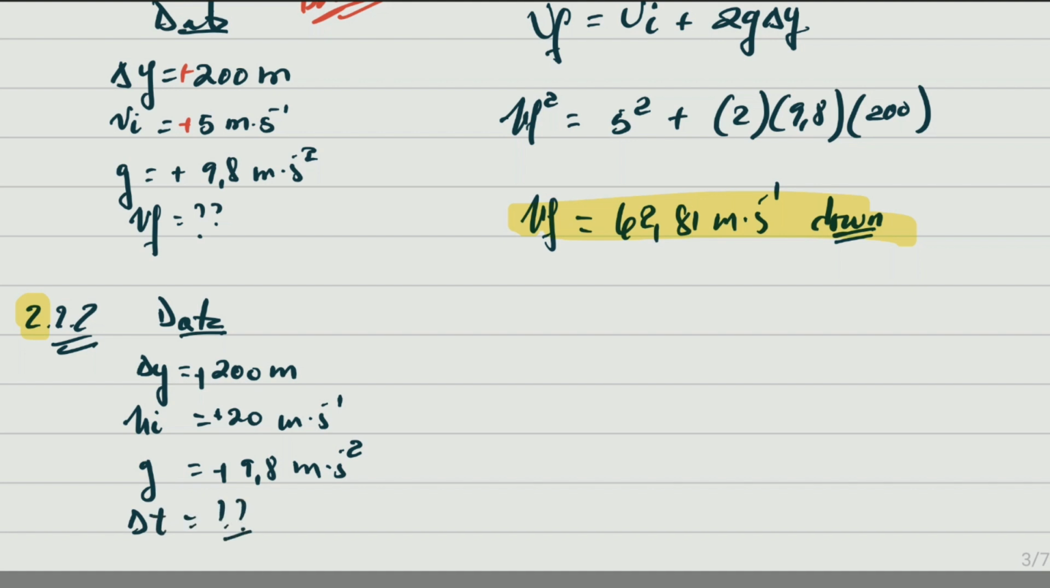So when you go to the formulas, what would be the best formula to use here? It must be one that has time, guys, and you don't have the final velocity. So the best formula to use is this one that states that the displacement is equal to the initial velocity multiplied by time plus half the acceleration due to gravity multiplied by time to the power 2. Now, when you substitute here, you will have